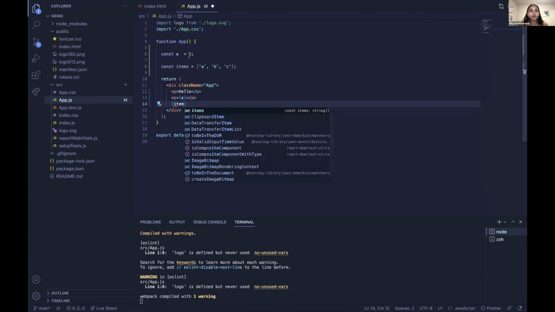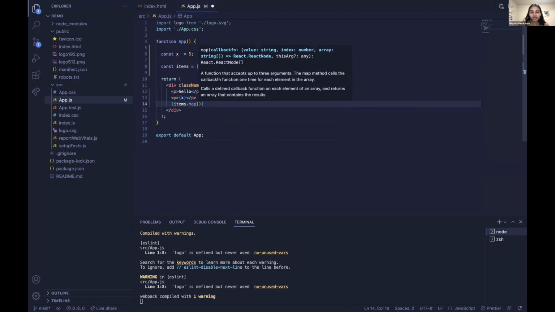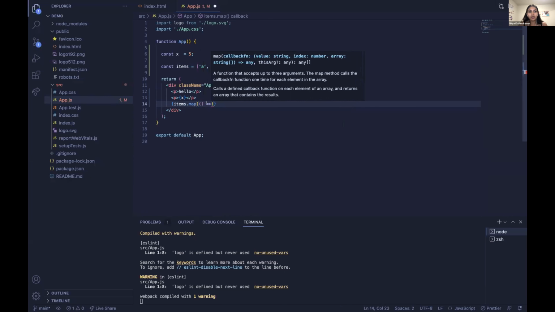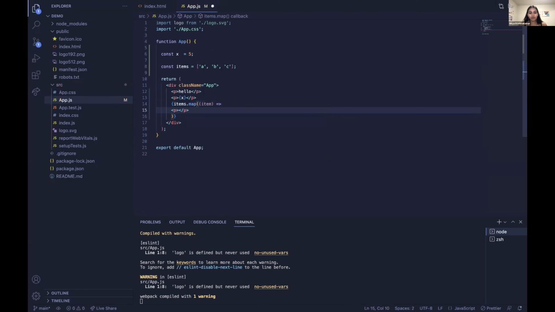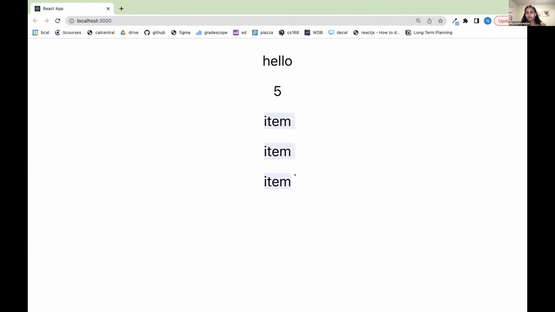So I'm going to render this list of elements as paragraph tags. So the way you do that is items.map. Map function takes in another function. And in that, I'm just going to name it item. And in the return, I'll make a paragraph for item. Like that. As you can see, oh,